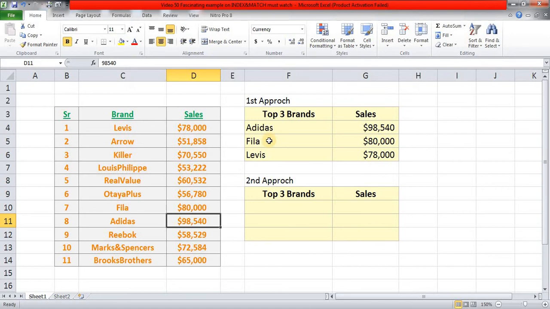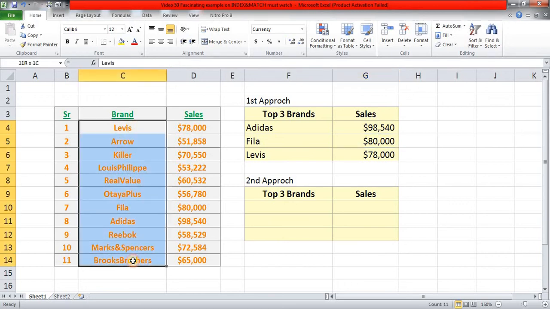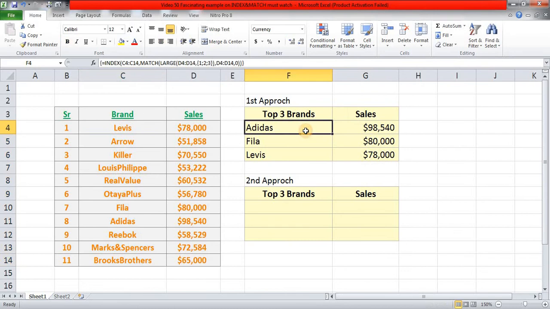Immediately this list or this dashboard gets updated, because we have used large and match inside index. So we have aligned these brands with their sales, and that is why these names are also getting updated instantly. And here the VLOOKUP is doing its job very simply, because all these records are unique. So this is the first best approach which I found.